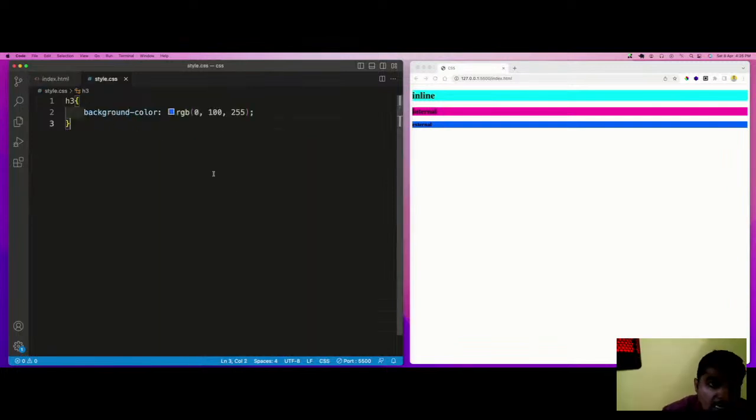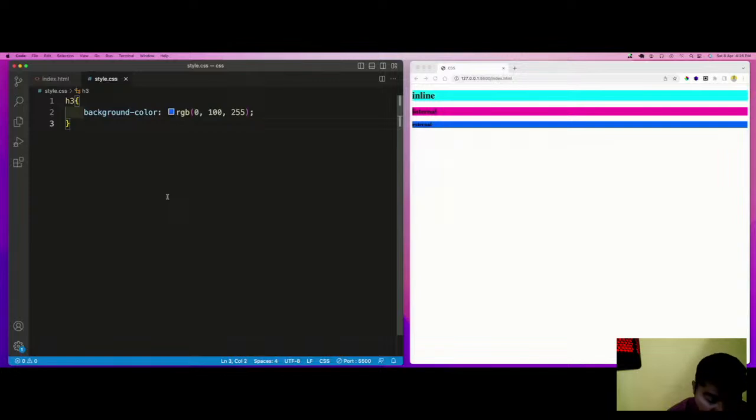And the third way I have added in the form of RGB, purely the RGB pattern: red, green, and blue. So you can prepare any color using a combination of RGB.